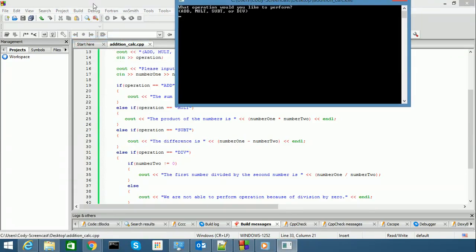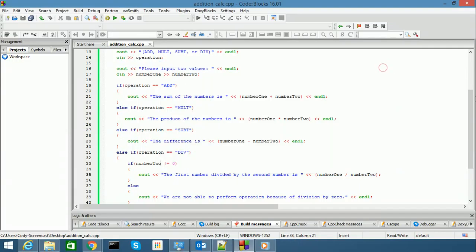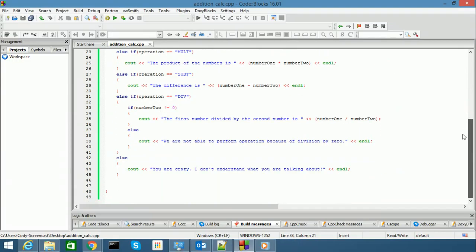So now we're going to try to do division by 0. 5, 0. And as you see here, it breaks into that and says we are not able to perform an operation because of division by 0. So looking back into our program,